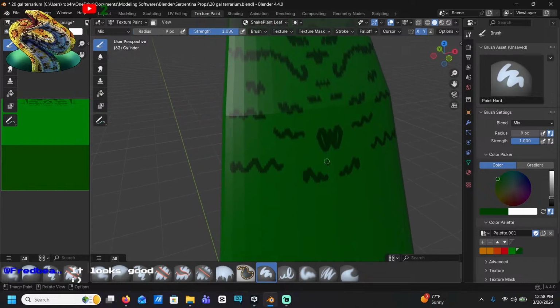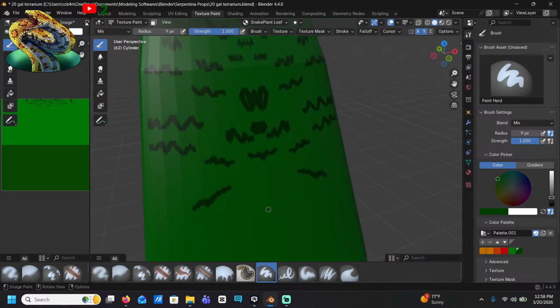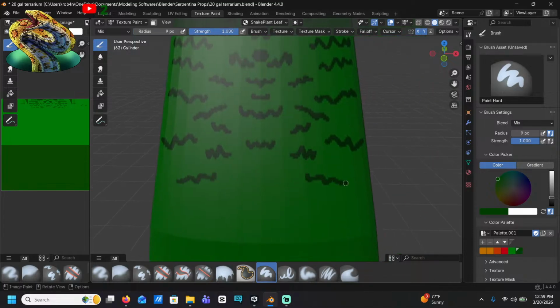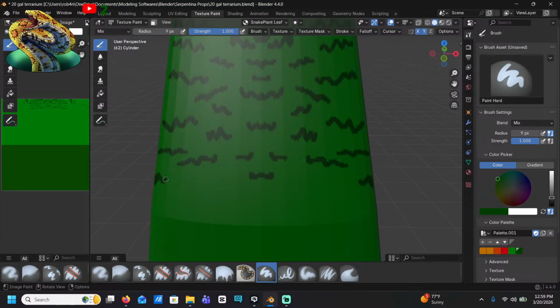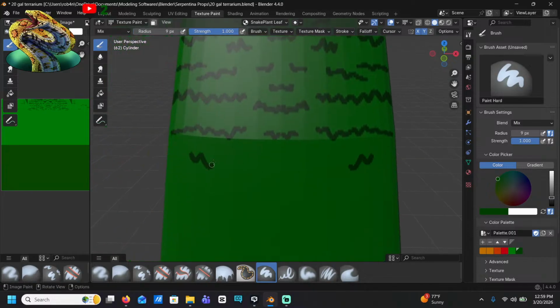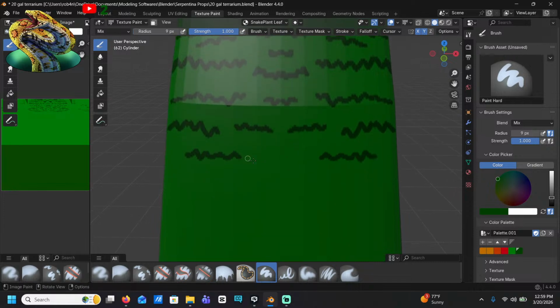It's okay, I'm gonna make it even better. I'm gonna use my new favorite tool and make this even better once I get it finished here. Ah, I made a face.